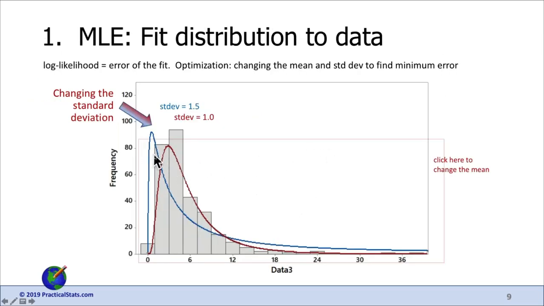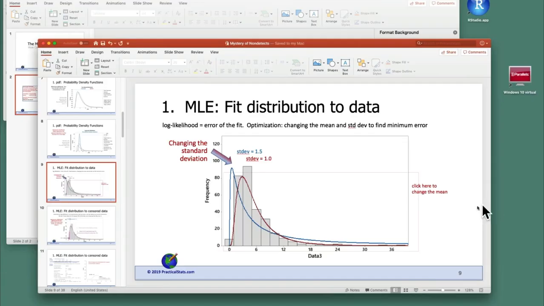Here are two other log normal distributions. We could also give you a picture of changing the mean. I'm going to do that here because that's the other thing maximum likelihood does: it changes the mean as well as the standard deviation by slight amounts until it decides how to fit the distribution to the data that you have. So it would change the mean doing something like this,